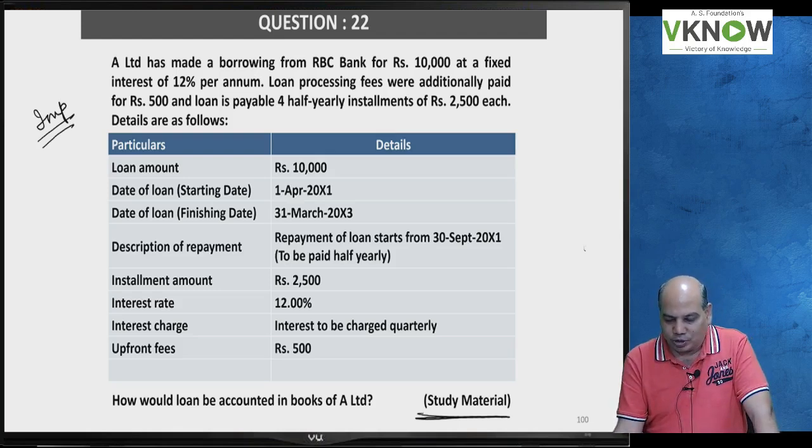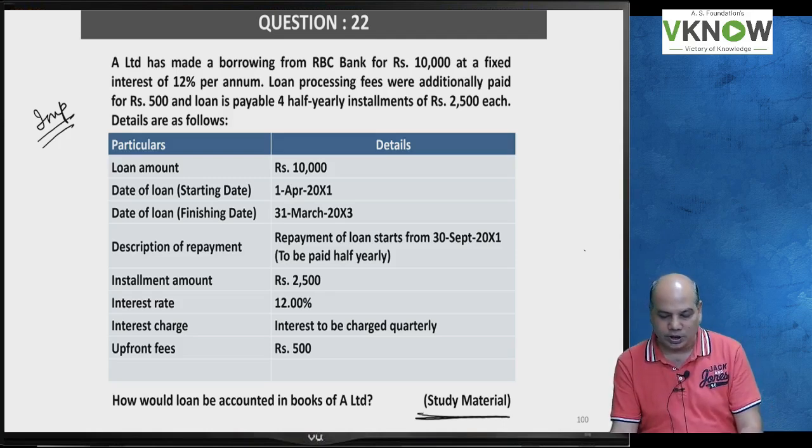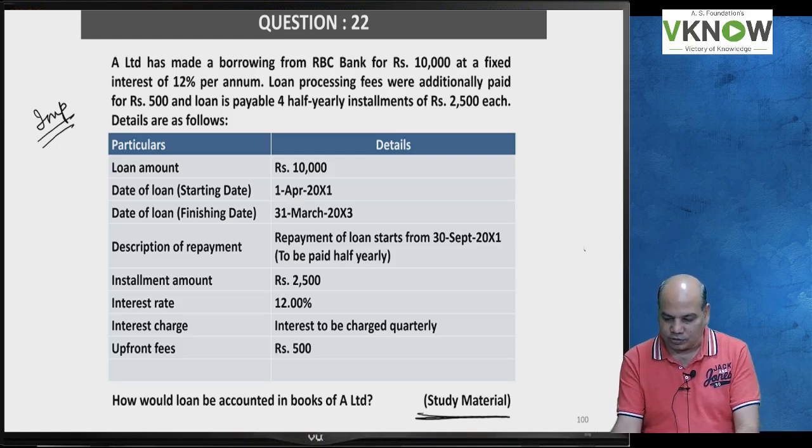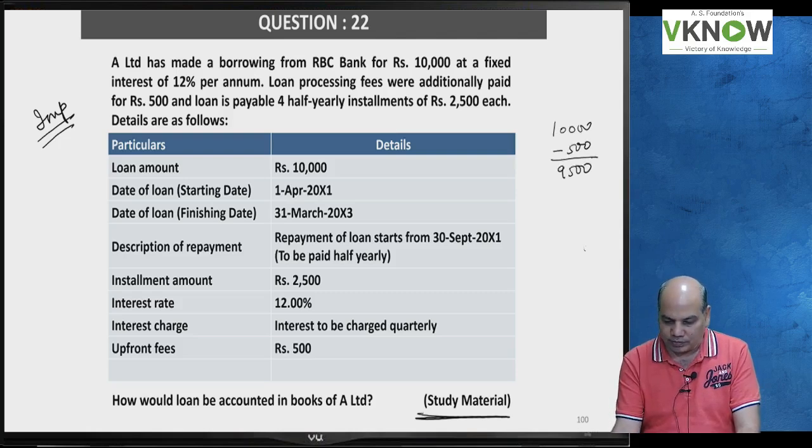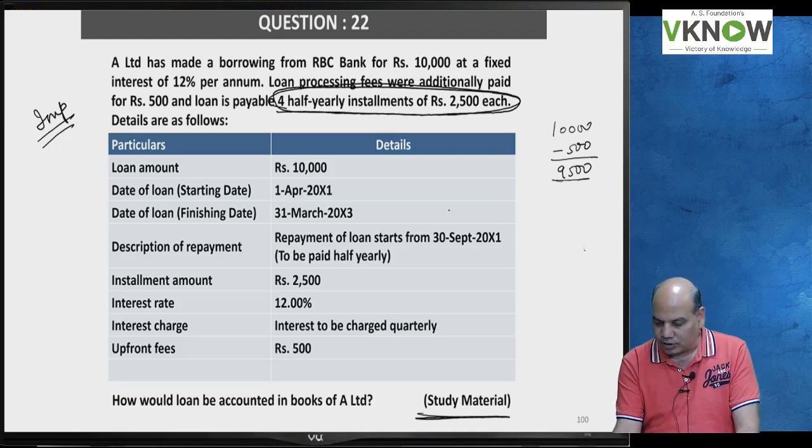A Limited has made a borrowing from RBC Bank for rupees 10,000 at a fixed interest of 12% per annum. Loan processing fees were additionally paid for rupees 500. So 10,000 minus transaction cost 500, 9,500, and the loan is payable in 4 half-yearly installments of 2,500 each. Half-yearly installment means it's basically a problem of 2 years, year 1, year 2,